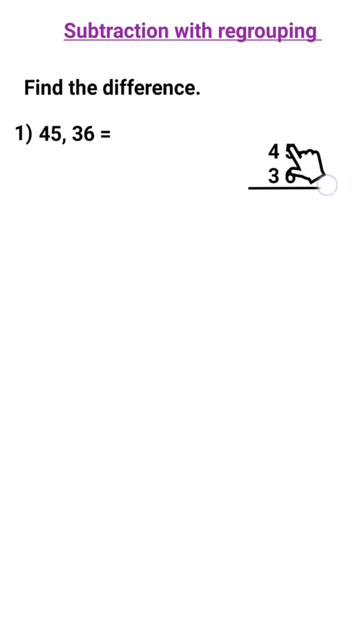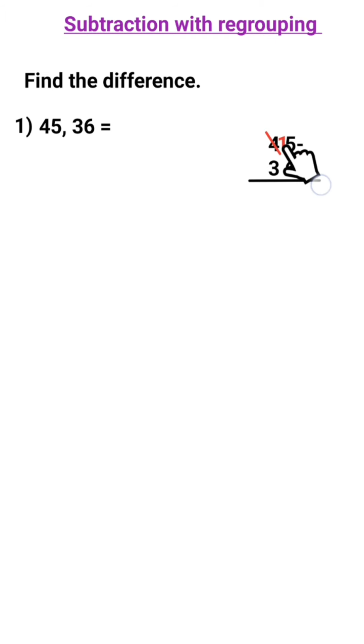So when we borrow 1 ten, we can write that 1 before 5. That is, 1 ten means 10 ones. So we borrowed 1 ten, that is 10 ones, and here we have 5 ones. So 10 ones plus 5 ones is 15. So here we have got 15. In the tens place, when we borrow 1 ten, the number left is only 3 tens. So we can write 3.